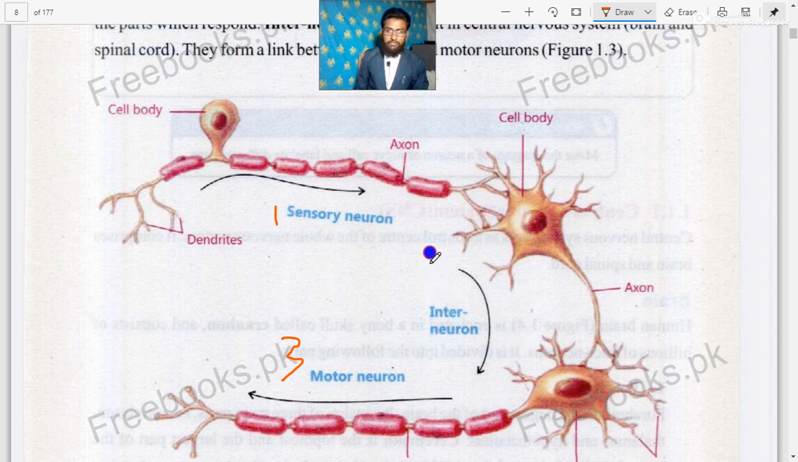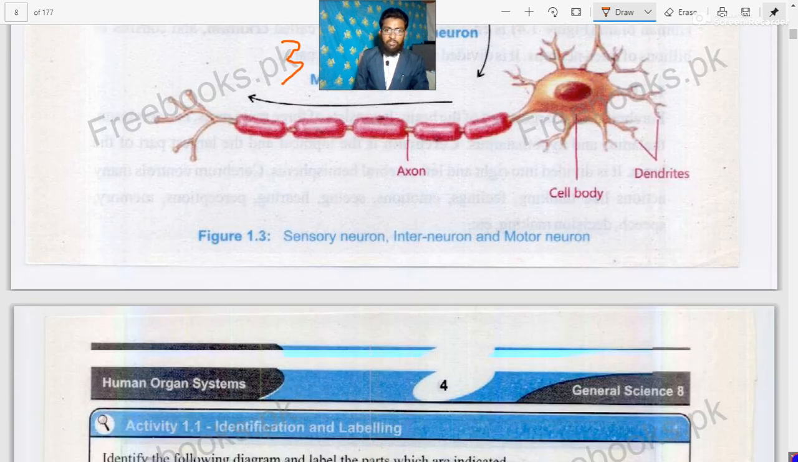now we can see in the diagram that the interneuron, which is second, present in the middle of both the sensory and motor neuron, is producing a link between sensory and motor neuron. It is linking two types of neurons, sensory and motor neuron. So, dear cadets, next